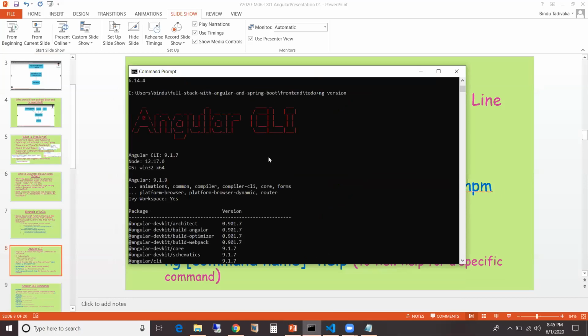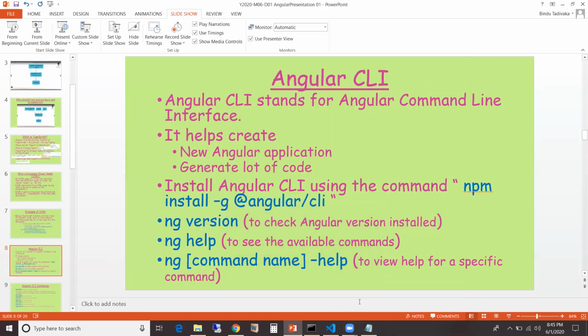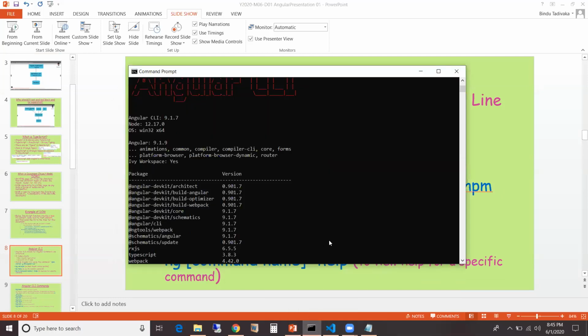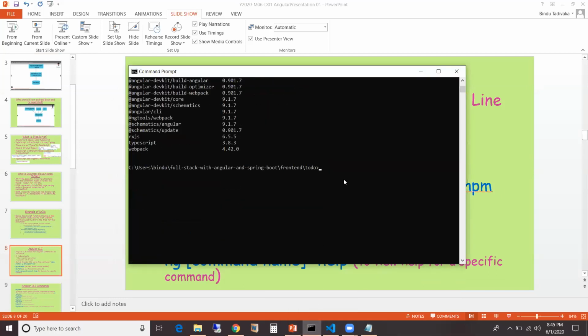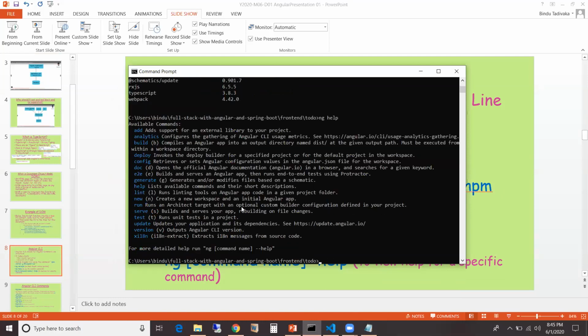So this is version 9.1.7. We are actually learning Angular 9. And then there is a command called ng help. All the Angular commands start with ng, and all the node package manager commands start with npm.